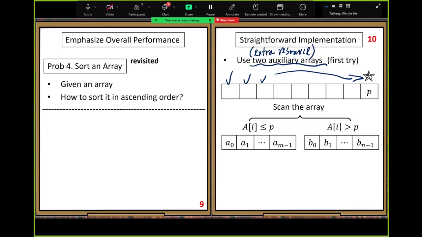So you need to copy the data from the two auxiliary arrays back to the original array, to the suitable locations. That is, in that way, we did a partition, right? So we did the desired partition. So the question is